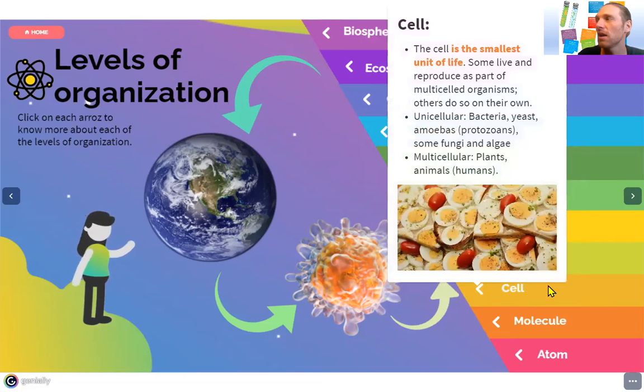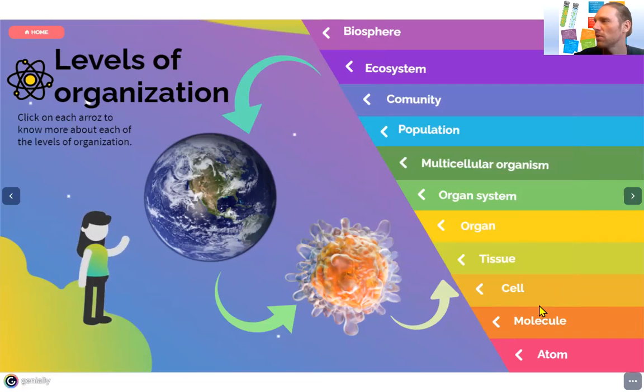We're going to study the cell in a lot of detail. We're going to see the types of cells that exist, and we're also going to see which components each cell has. You already heard of some components like the nucleus, the mitochondria. You must have heard of these components, right? But we're going to see that.